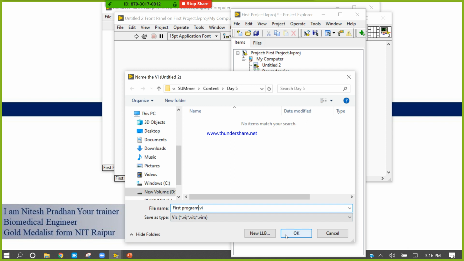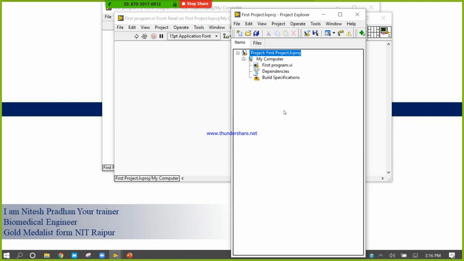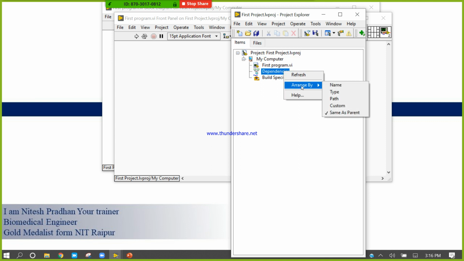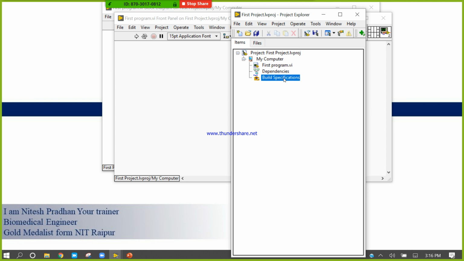I can save this in the same library. So now my VI program is present here. By using dependencies we can change the name, set the types, and set the path, or see whether it is customizable or not. Then build specifications.